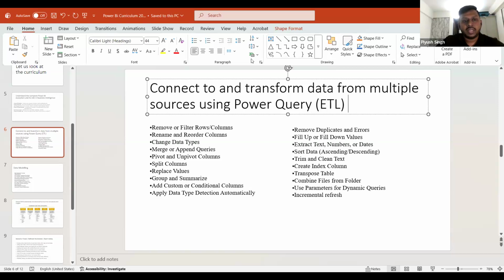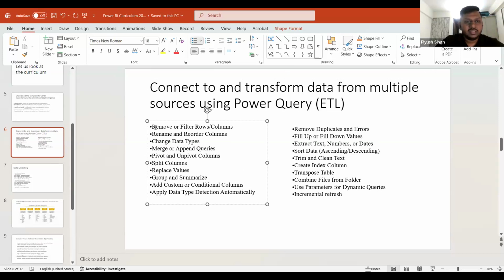ETL, okay, extracting, transforming, and loading into the model, as simple as removing and filtering rows and columns, right? Changing data types. It is important to know what all data types are there. Three data types are there, and so on and so forth. Right? Merge and append queries. How you can use multiple tables all together simultaneously. Merge them. Pivot and unpivot.